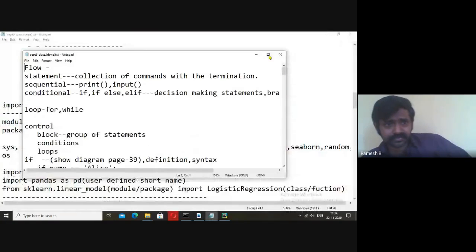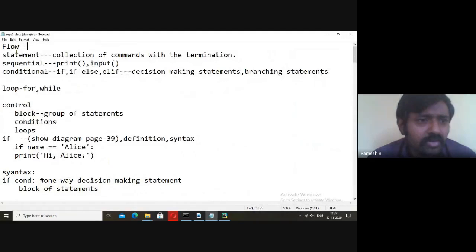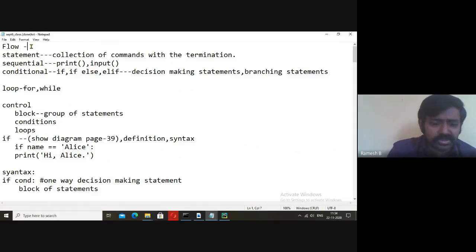Okay, next we can talk something about flow. Flow is the sequence, how the instructions are executed. That's what the flow is. And you must know statement. It's a collection of commands. We'll be having sequential statements and conditional statements. Print, input, all these are sequential. When it comes to conditional, if, else if, they are also known as branching statements, also known as decision making statements. Next, you'll be having loop statements. You learned in C language, for and while. Now